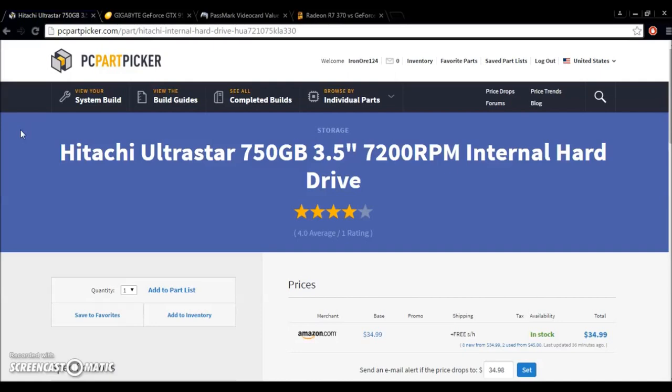I still don't know why this hard drive is priced so cheap. 1 terabyte drives are going to run you an extra $10 to $15, and a 500 gig 7200 RPM hard drive is going to run you the same price or even $2 to $3 more. So really, it's a no-brainer. I think maybe people just don't think to search for a 750 gig hard drive because it's right in the middle, and either they aren't selling well or they're trying to liquidate this model. I don't know, but it's been the same price point for months now, and I'm still using it in builds. People are still buying it. It's got an overall high rating, so